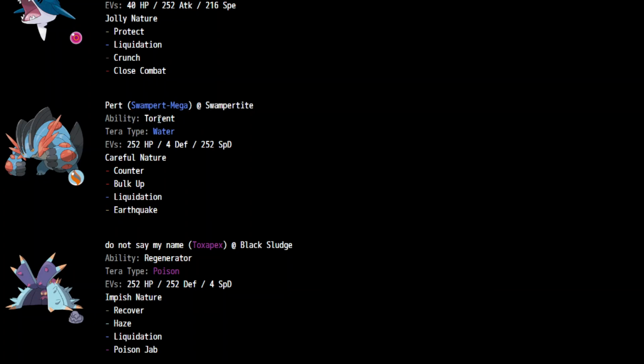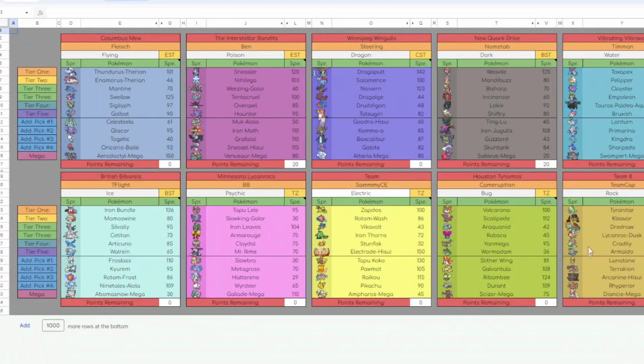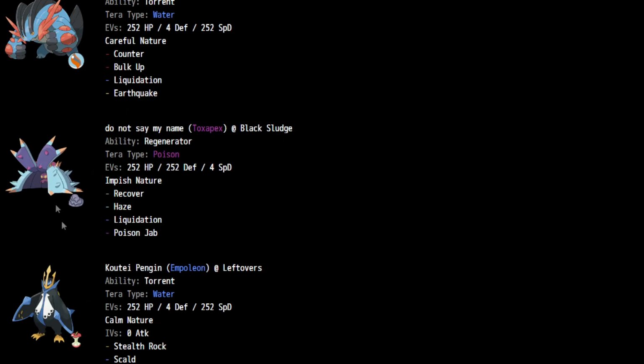But, you know, Giga Drain obviously does a lot of damage to Swampert, even with a special defense investment. We have Toxapex here, aka Do Not Say My Name. Fizdefmon checks his physical attackers, which is basically his entire team. Lycanroc, T-Tar, Terrakion, Cleavor, Hisui Arcanine, but Banded would easily just 2HKO Toxapex with Head Smash,